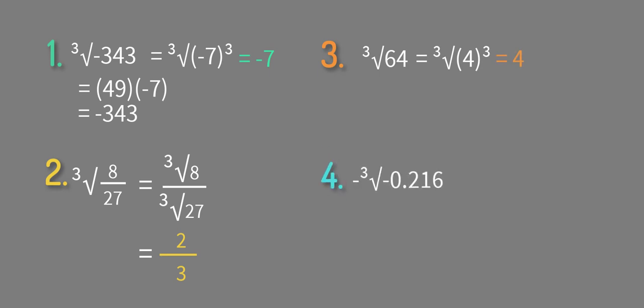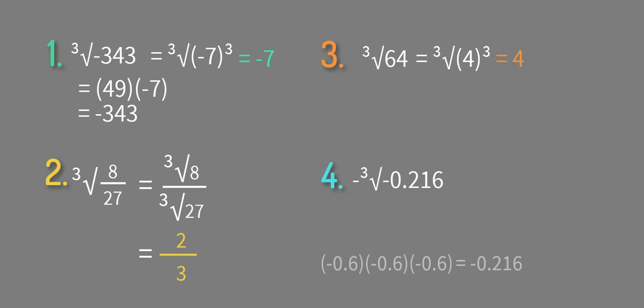Now with number 4, we have a negative on the outside, so we'll go ahead and apply that on the outside with our equals, and then we want to know what number cubed equals 0.216. Well, we might not recognize 0.216 right off the bat, but we should recognize that 6 times 6 is 36, times 6 is 216. So negative 0.6, we know it's going to be negative because there's a negative under the radical as well. So negative 0.6 times negative 0.6 times negative 0.6 equals negative